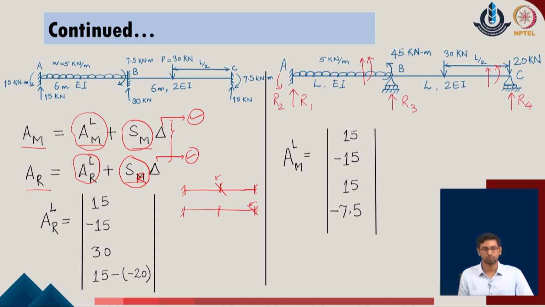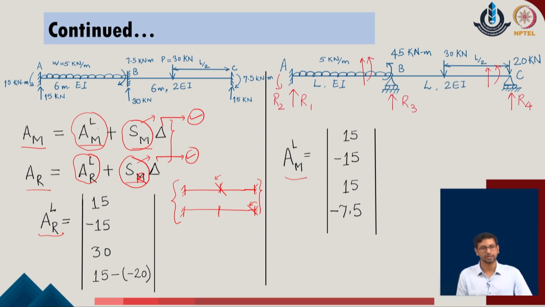With both of these cases, even if we define the member loadings differently, these cases are going to remain the same. We are not going to bring the amount of loading into these cases. That is why the contributions of the stiffness matrix are not disturbed by any further changes in the loading profile of the given system. So, the S of M and S of R values we evaluated in the previous cases where only joint loads were active will remain similar; we only need to update the values of A of R L and A of M L for the given system.